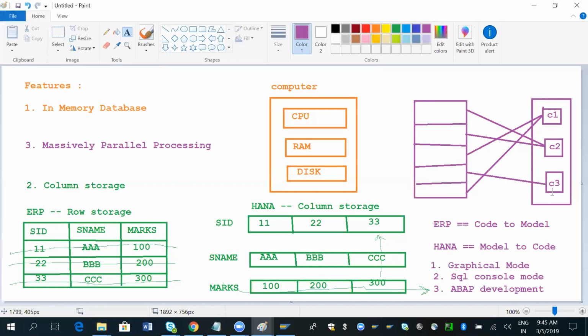All of these are the important architecture features of our new system, the SAP HANA system. In tomorrow's class, we will try to log into our HANA server and we will start working in the HANA